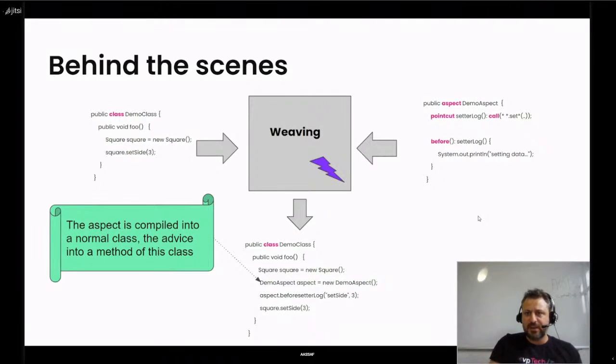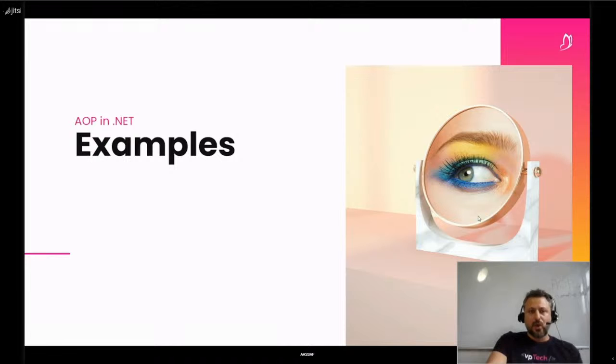What will happen? In fact, we will compile an aspect into a normal class, but we will leave the pointcut in the meta information. The advice will be compiled into a normal Java method. After that, we will insert some code in the base code to instantiate and to call the method representing the advices. So now let us move to .NET.